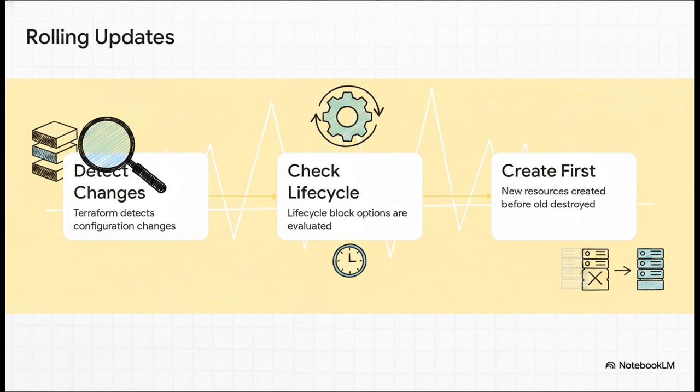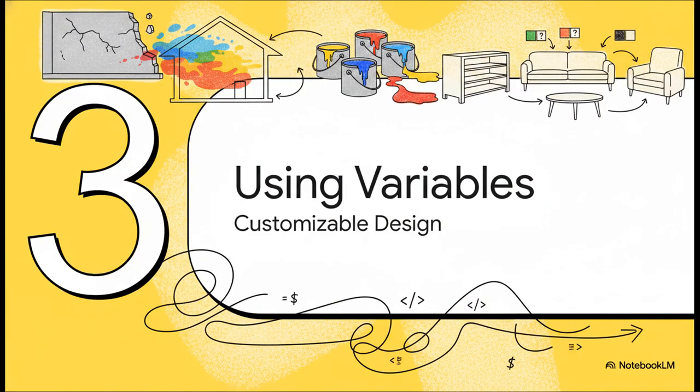So by default, or by explicitly setting options like create before destroy, Terraform will actually build your new infrastructure completely before it tears down the old stuff. It gives you a totally seamless rolling update with basically zero service interruption. Let's step into Section 3,